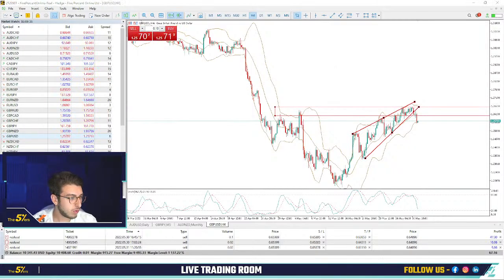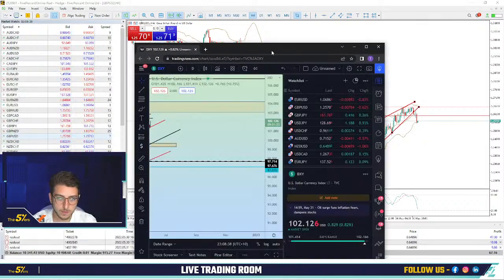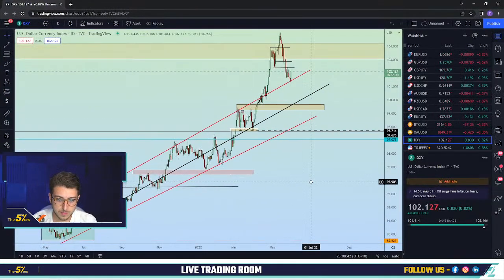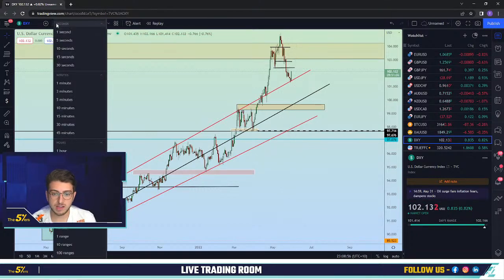Maybe I can show you on the chart on TradingView. This was actually the uptrend channel. We see that the price yesterday stopped at this point. I didn't expect that the price would make a huge push in one day to this line. I'm still expecting the dollar index to go down for the next day.